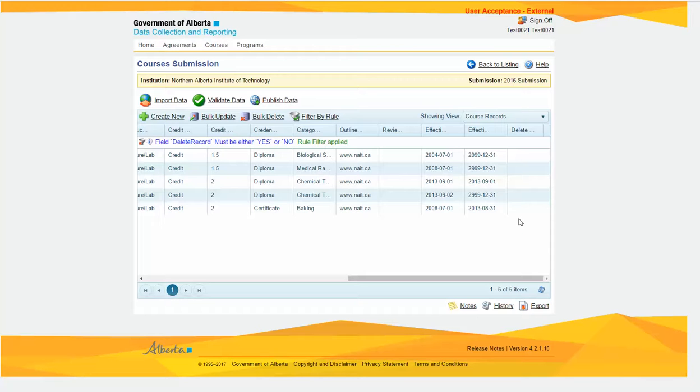All mandatory fields need to have data in them, things such as delete record, which identifies almost always a no answer. There's two options in the data standard, yes or no, and it must be filled in. And almost 100% of the time, you'll have an answer of no in the data field, because for that, you would only put yes